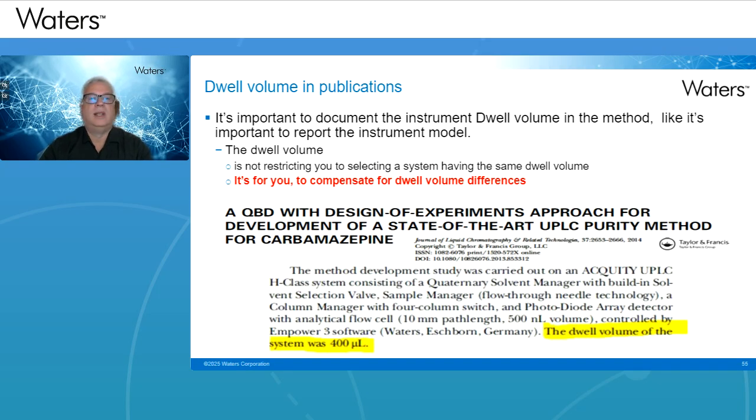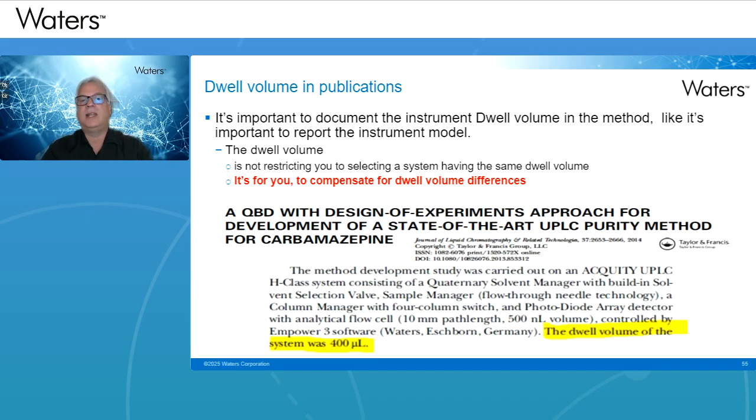Here we go. So sometimes when we look into the publication, they don't refer to the dwell volume in the publication. And this is where it's a little bit more difficult to transfer the method to your system because you don't know the initial value of the dwell volume. It is certainly feasible if you have your R&D department that can measure that dwell volume and can give that to the other instrument that you will use in the production.